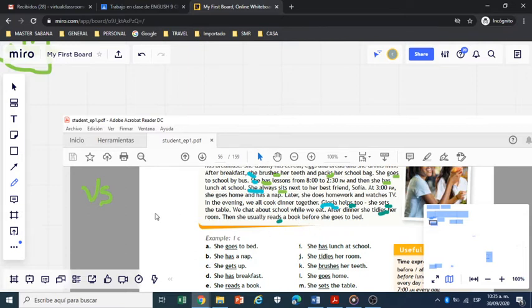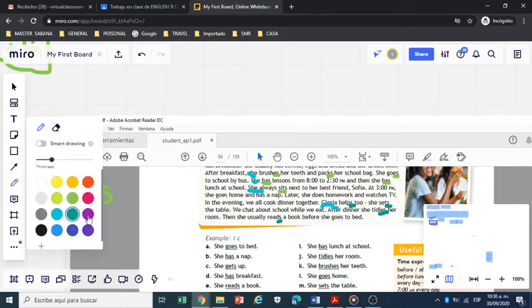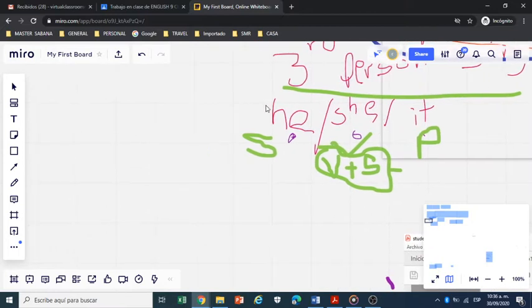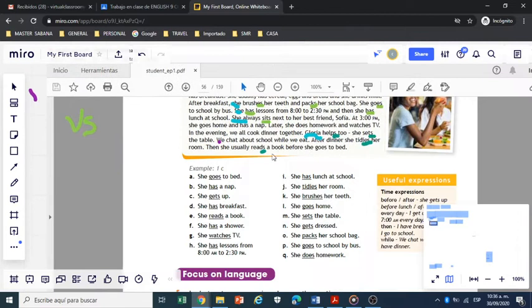But look at the difference, look at this subject, we. We is not third person singular, this is not in this group. So that's why we chat,